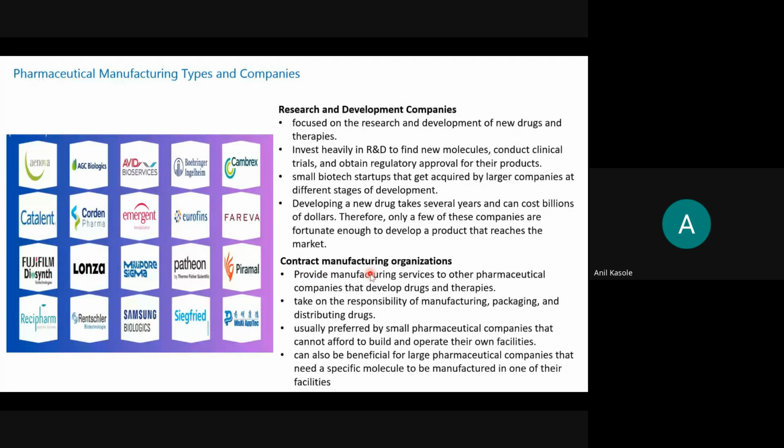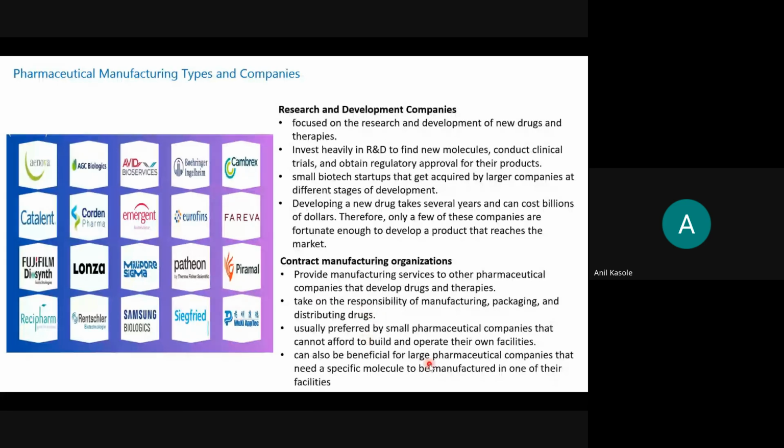Looking at the process technology, you can always see it is similar or the same. And these contract manufacturers take full ownership of manufacturing, packaging, and distributing the drugs, same as big pharmaceuticals. As I said, these are small pharmaceutical companies, and whatever products they are making, they are dependent on the big pharmaceuticals.